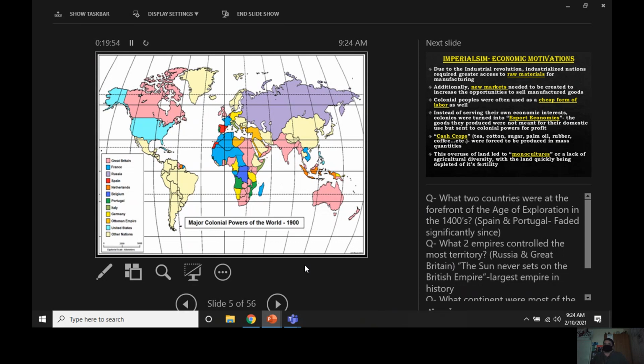Just look at all those colors. You see some areas that are completely whited out. China's whited out, but we know they were kind of getting taken over to some extent. Latin America, most of it's whited out, but as you'll see, the United States was exerting a lot of influence in these days. And while they never directly colonized a lot of these places, well, not all of them, I mean, we got Puerto Rico and whatnot, they are definitely exerting a lot of economic influence.